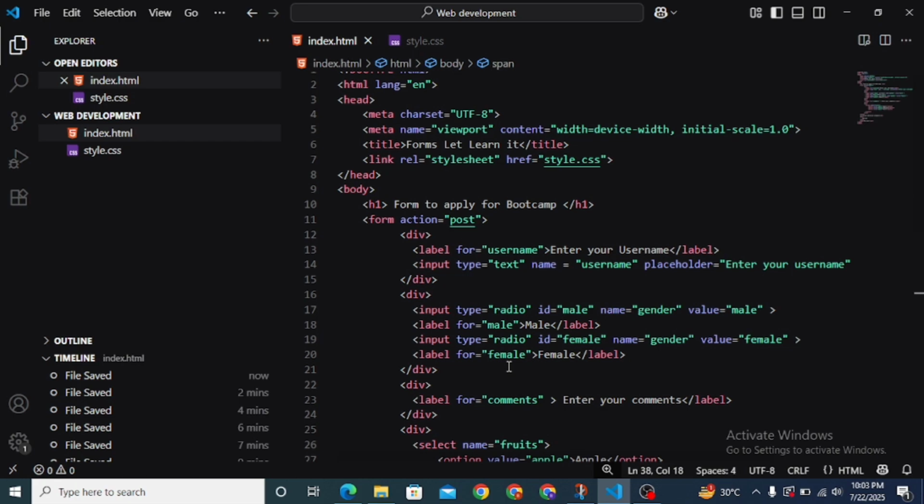So wrapping up today's lecture, we covered how to create forms, labels, input fields, radio buttons,